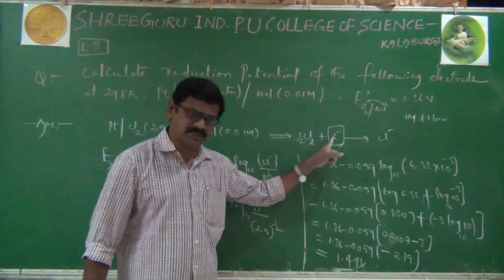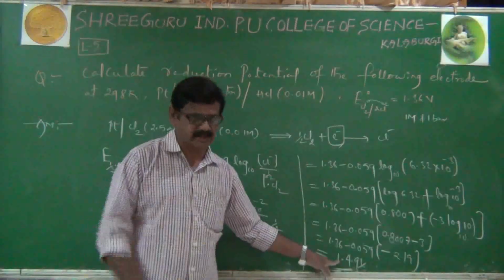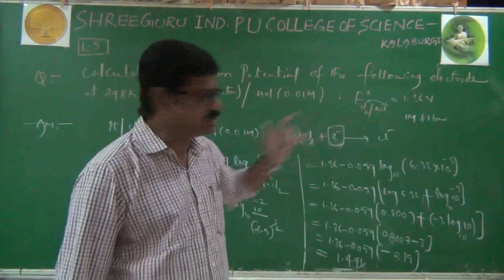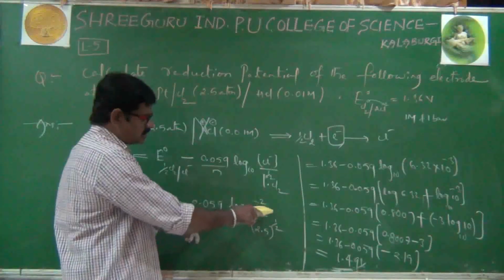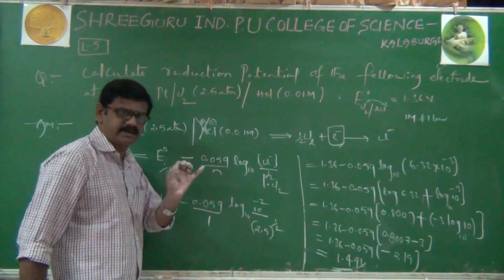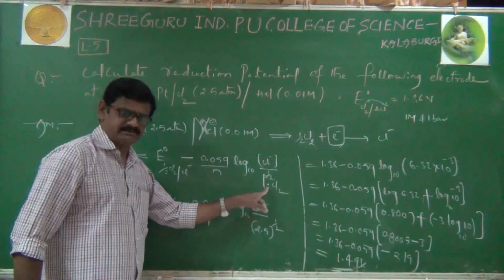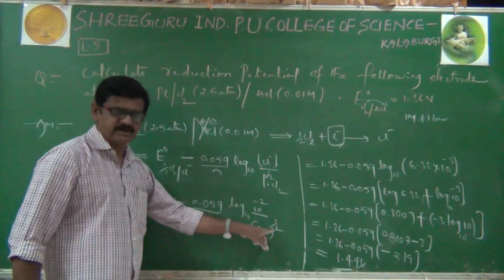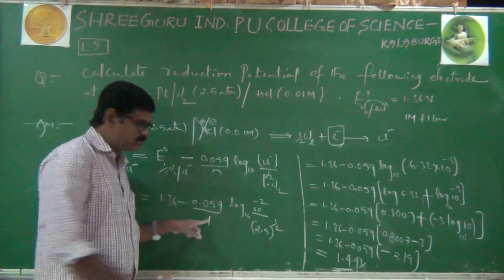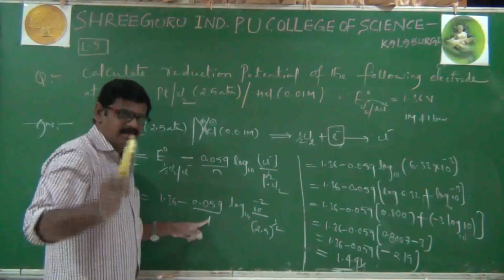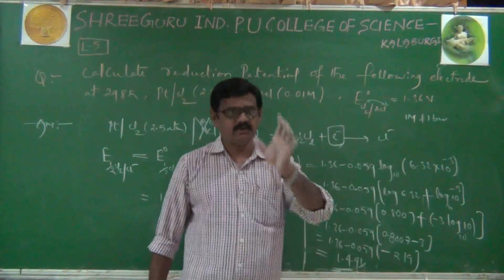Previously, if you take 2 moles, 1.49 only. If you take 1 mole also, you will get 1.49 only. There is no doubt in that. Why? Because if you take 1 mole, your pressure has changed and concentration also changed. That is a very important point. When the n value is 2, the concentration is squared and there is no 1 by 2 in the pressure. So if you change the n value, these two values also change. Therefore, ultimately you will get the same value only.